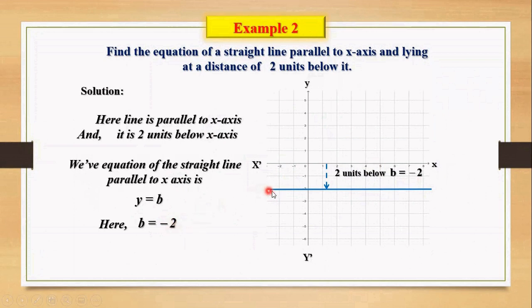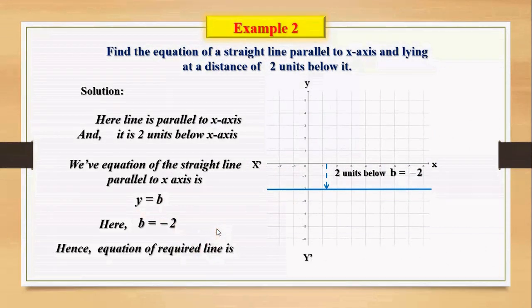We will get the equation of this blue straight line, which we have drawn according to the given condition in the question, as y equals b. So let's substitute the value of b in our line. Then our straight line becomes y equals -2. We can write one more step by shifting -2 to the left hand side, and it will become y plus 2 equals 0, which is the required equation of the straight line.